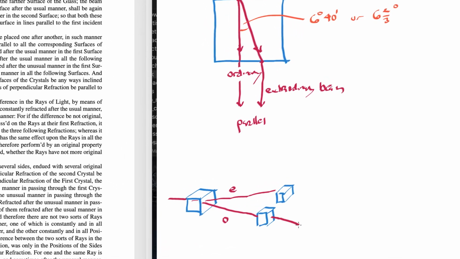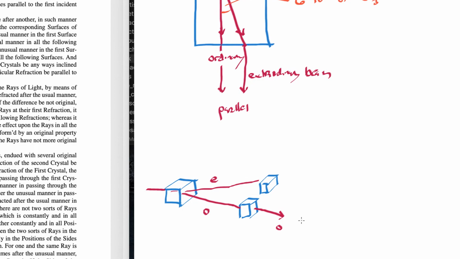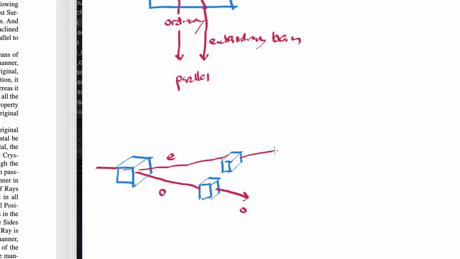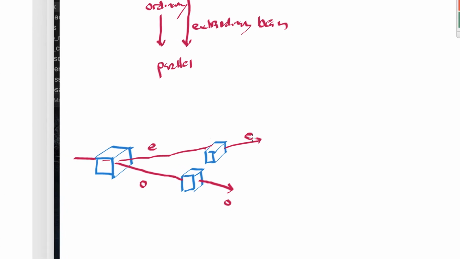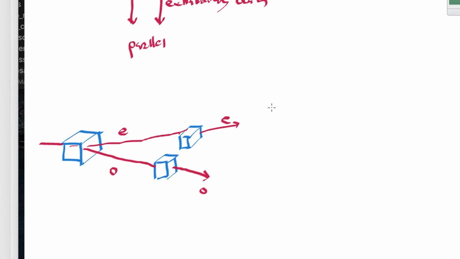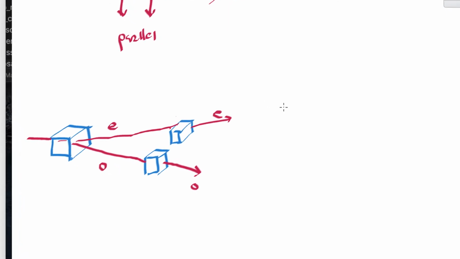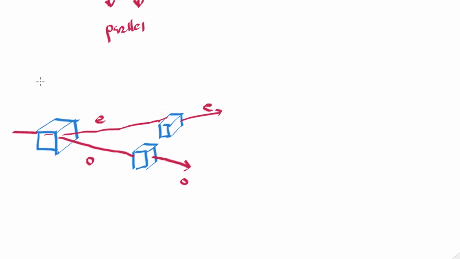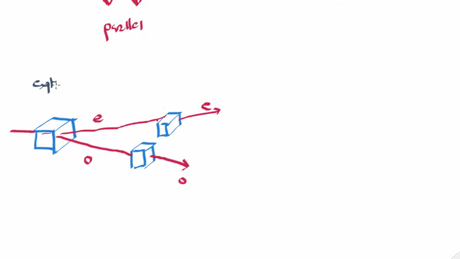would refract once again in the ordinary direction. It would behave like an ordinary beam, and this extraordinary beam, going through here, would refract in the way the extraordinary beam does when passing through a calcite crystal. So it doesn't further divide these. So this is another experiment that is of interest. This experiment right here, okay?